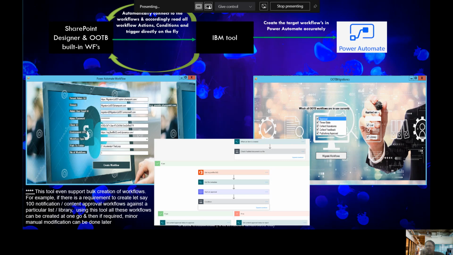Also, I would like to highlight one very interesting feature of this tool, which is bulk creation of workflows. If there is a requirement to create, let's say, 100 different approval workflows against a list or library, using this tool all those workflows can be created in one go, and then, if required, minor manual modification can be done later on.